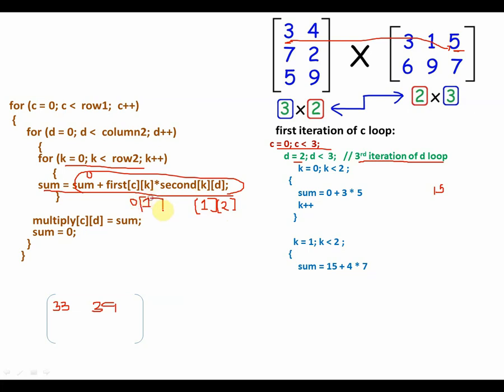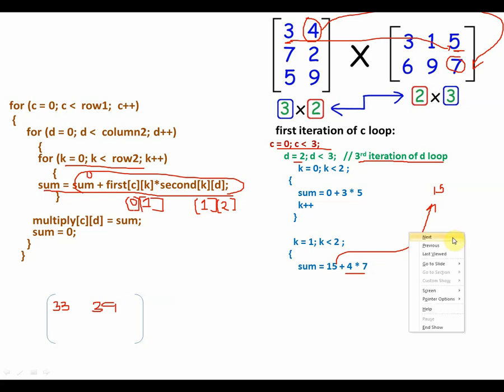So let's see which elements are present at these positions. So 0 1 in the first, so 0 1 is actually 4, and 1 2 in the second is this. So you multiply 4 with 7. What is this 15? 15 is this previous sum you had got. So 15, which is sum plus 4 into 7, you get 28 plus 15. So this is how you would get the next value of sum.